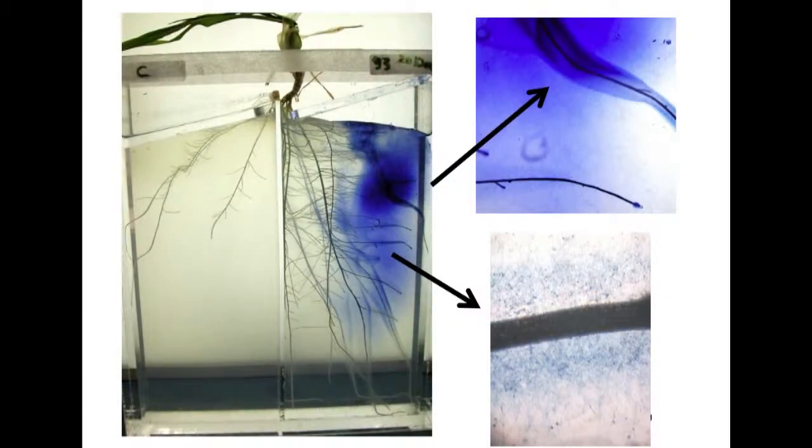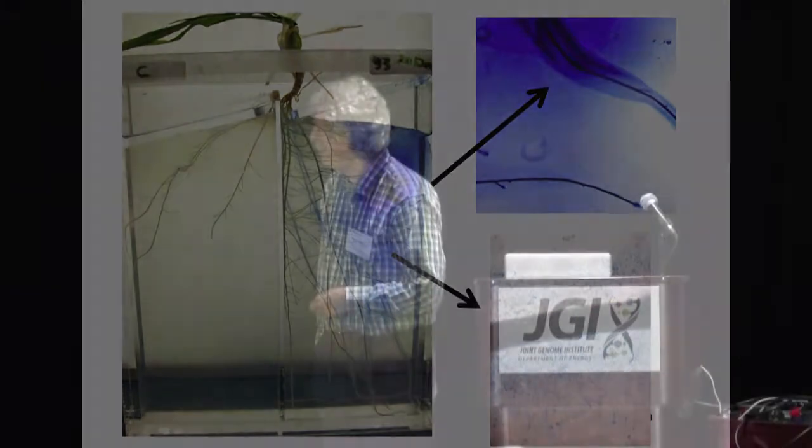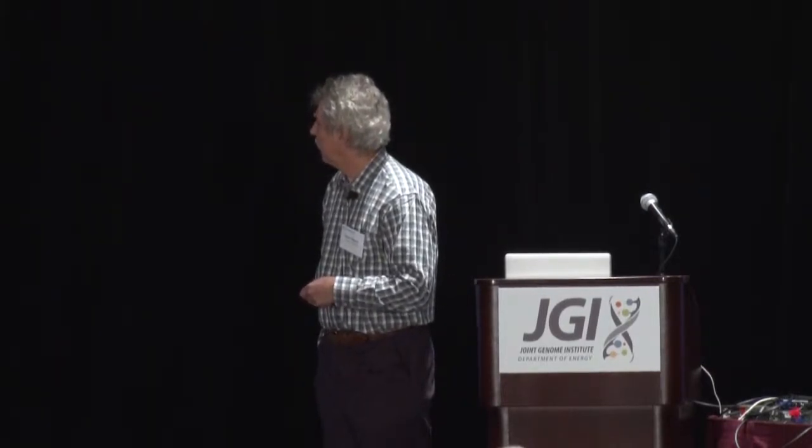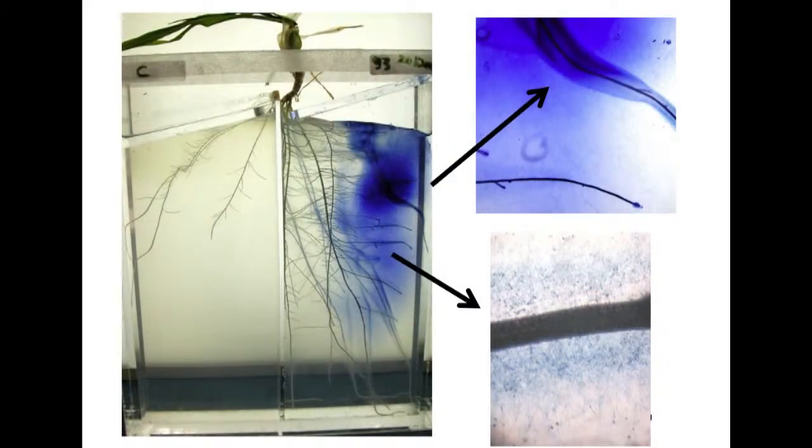Just wanted to show here, this is a corn plant grown in a clear gellan. And you can see, after this experiment was completed, Khalid Hamid from my lab just injected some trypan blue into the gel to see what would happen. Trypan blue is used as a fungal cell stain, and after about 2 days, all of that stain becomes localized around the roots of the plant. And if you zoom in, you can actually see that there's just a mantle, a sheath of fungal mycelium that zeroes right in on these plant roots.